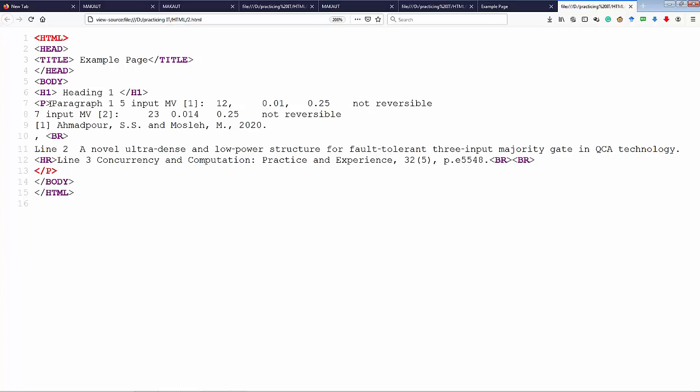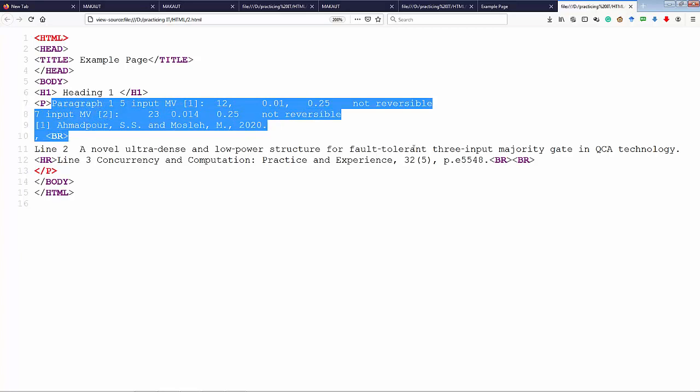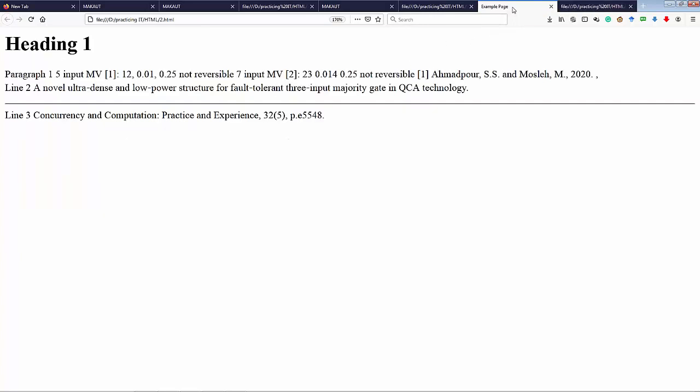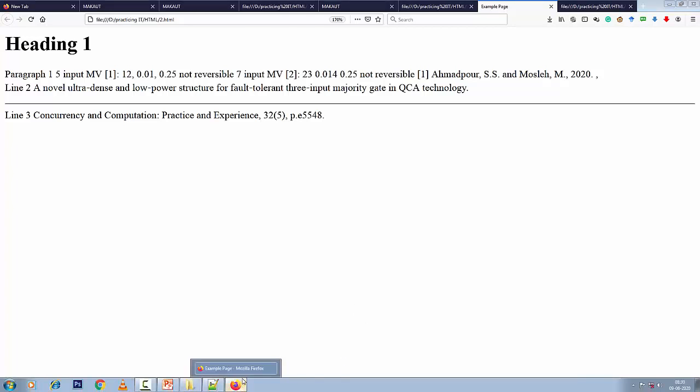A paragraph has been started from here and it has been ended here, and another paragraph has been started from here. And br, we have applied the br in many places. So, such as in 2020, we have applied this br after the comma, in the page 2020, then a break has occurred. So this is the main example which we have done. This one is one of the examples.